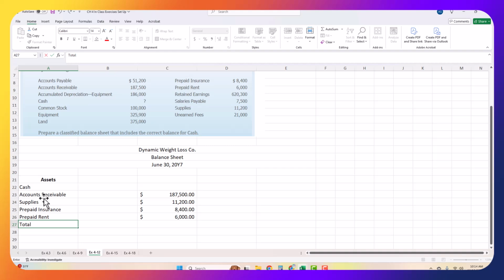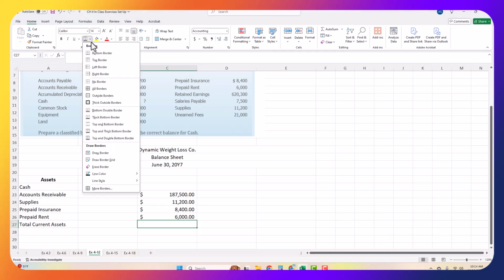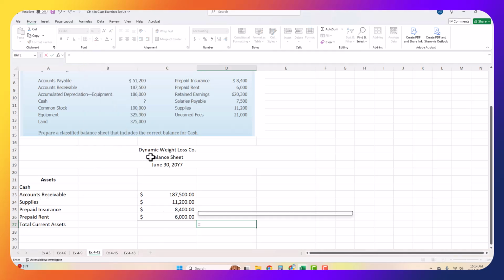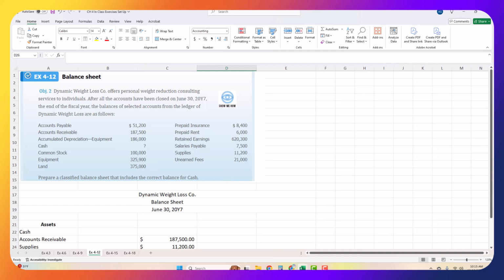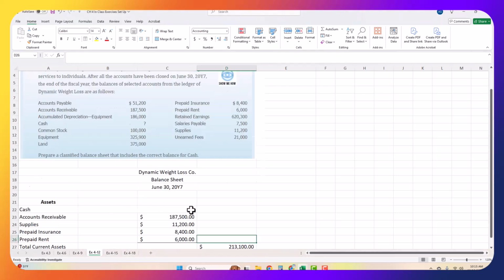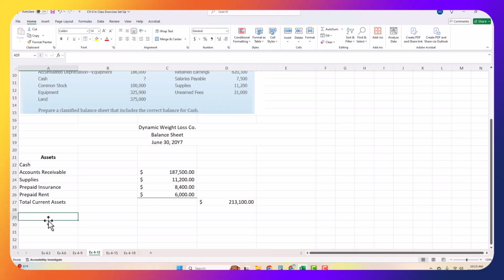So we'll get total current assets, right? We're going to add these up. We're going to include the line for cash because we're going to come back and solve for that, right? Do they give us total current assets? Yeah. So we'll come back and solve for that. So let's figure this out. Then we're going to have